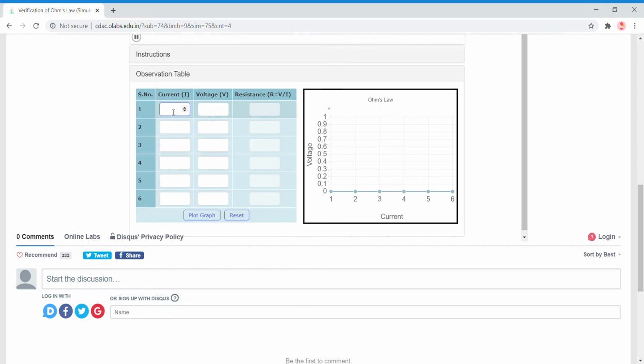So finally, the most important point is that first of all we need to simulate this. Basically we need to do this experiment. Simulation means performing and watching this experiment. So the setup came in front of us, we changed different voltages ourselves, we got the current, and we calculated the value of R.